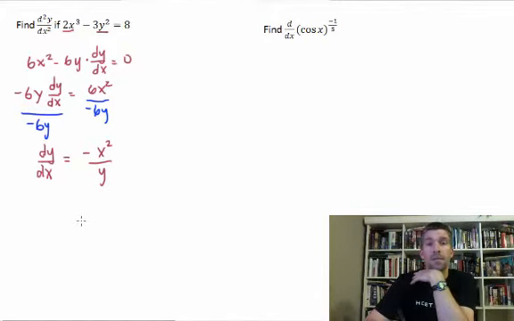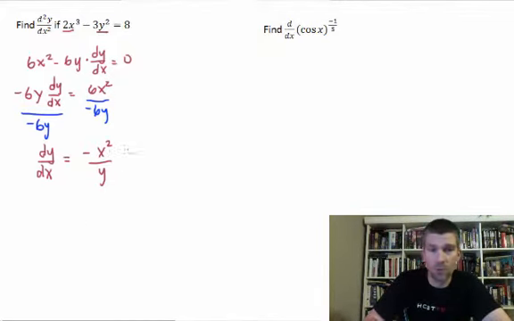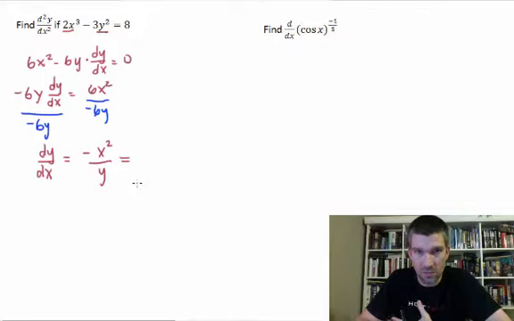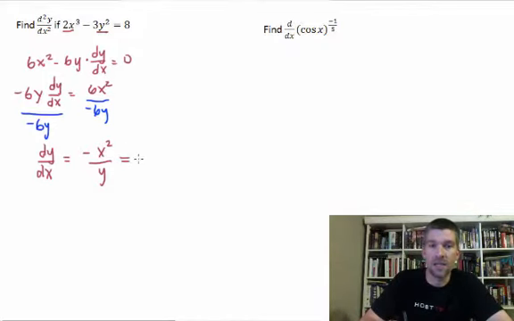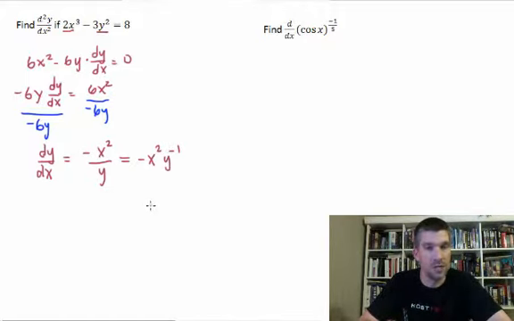So what we're going to do is just rearrange this just a little bit because I don't want to have to do quotient rule all the time. And now that we're chain rule experts, check this out. I've actually got negative x squared times y to the negative 1. Now, this is not going to be too terrible to differentiate again. And so notice I've got dy dx, so I need the squared versions of those. So d squared y